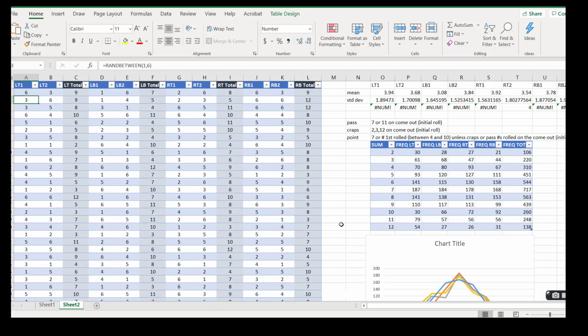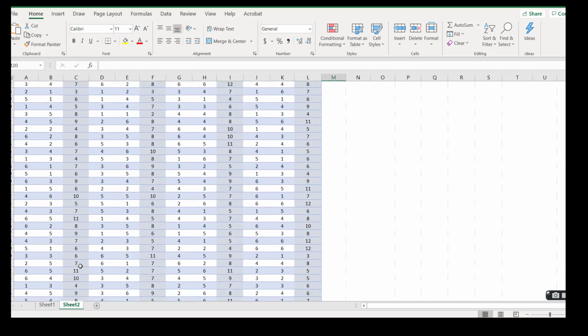Now, what I did first is I did 25 rolls, 4 different ways. From my left hand through the top of my hand, from my left hand through the bottom of my hand, from my right hand through the top of my hand, and from right hand through the bottom of my hand. And I added together the dice, each die, and found the total. And in the end,